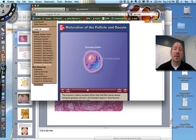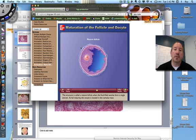And then this is occurring inside the ovary. The cells start dividing and dividing, and it starts forming little fluid-filled vesicles inside. And then what you get here is the cells are maturing, and they're also producing estrogen as a result of it. Now, what's causing the cells in the follicle to mature? A hormone called follicle stimulating hormone, until it finally reaches a stage where, let me pause it, you have this big reservoir